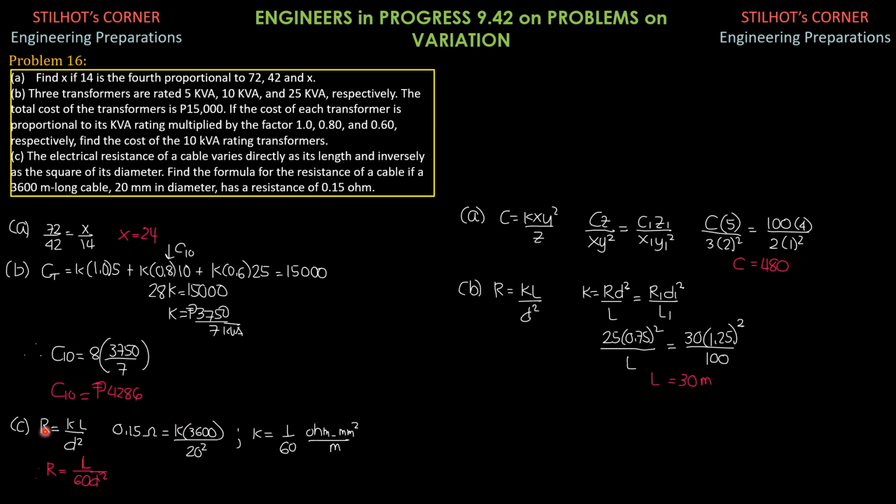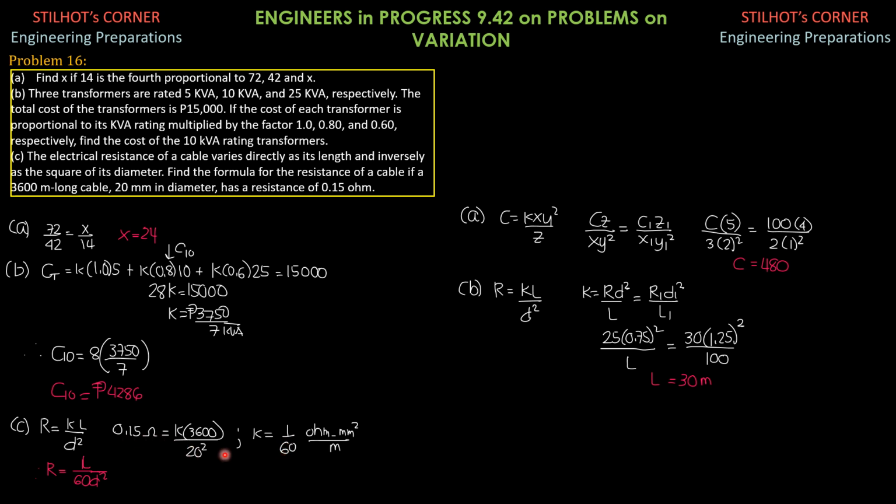For the formula, as stated here, R is equal to a constant of proportionality, varies directly as the length and inversely as the square of the diameter, so divided by d square. Then to solve for K, we have the resistance of 0.15 ohms for the 3,600 meter long cable, 20 mm in diameter. So 0.15 ohms equals K times 3,600 over 20 square. So K is 0.15 times 20 square over 3,600, that's 1 over 60